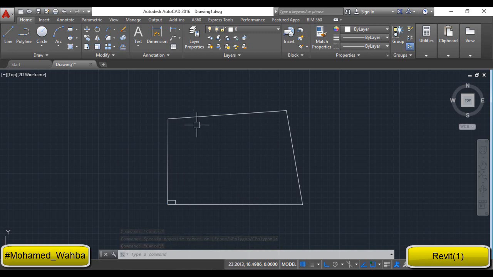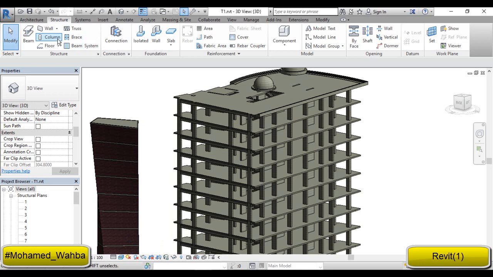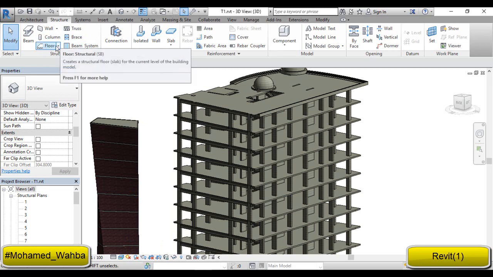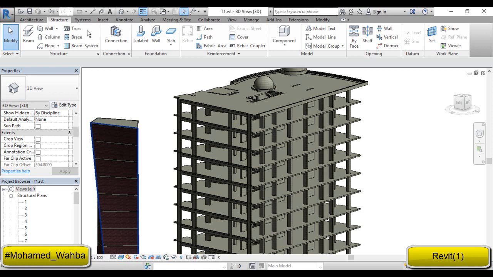Revit can be specific about this idea. Revit can identify every single element in my structure. When I open Revit, I can see every single element in my structure as a command, like beam, wall, columns, floors, trusses, and so on. Foundation, connections, steel structure, and so on. So we can deal with it easily when we want to edit our structure, when we want to modify our parameters,